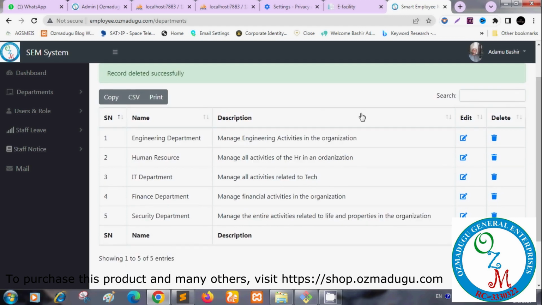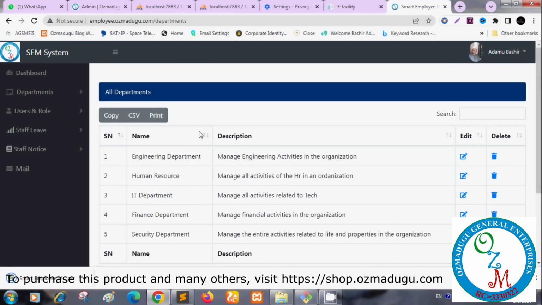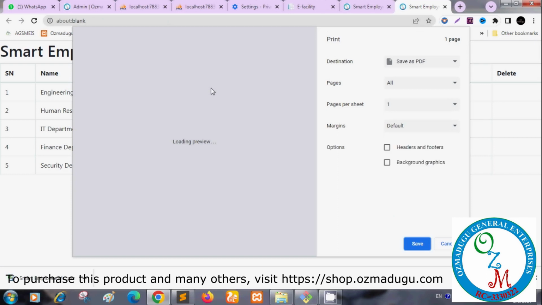And one beauty aspect of this is that you can decide to copy this to your clipboard and go and paste it somewhere, and you can also decide to export it in Excel format for you to be able to view it in Excel. And you can also decide to print this information. I just refresh the page. So if I click on the print here, you can see